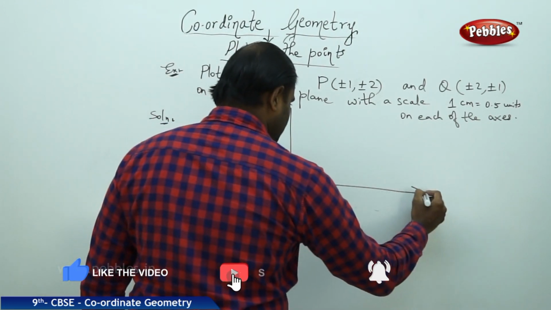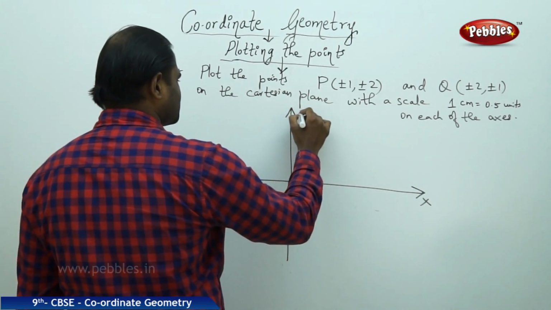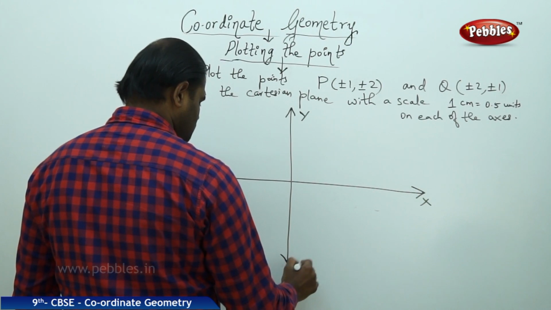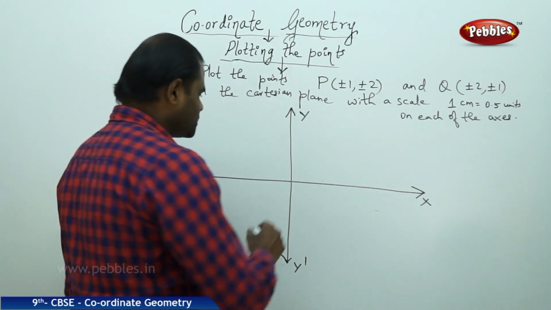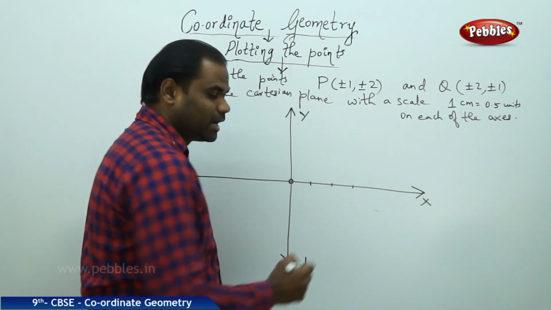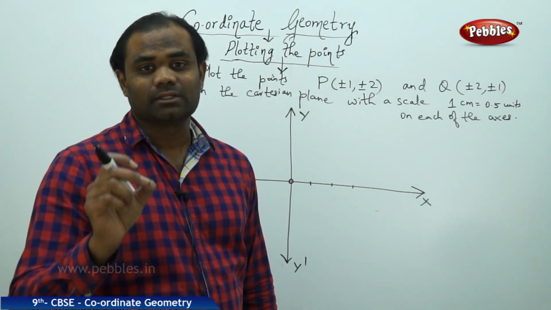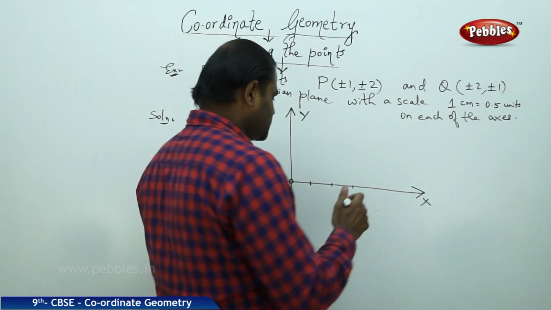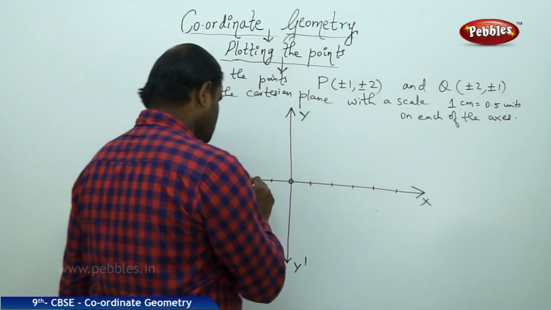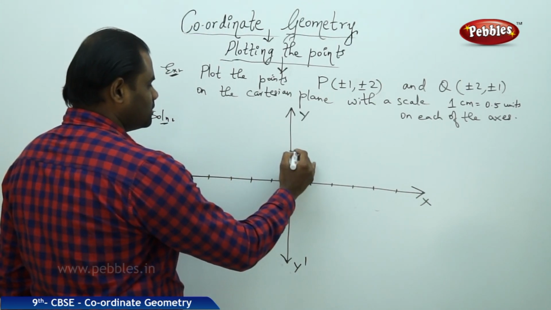Considering the Cartesian plane, x, x dash, and y, y dash, let's try to make the 1 centimeter grids. The first thing we identify in doing this type of problem is locating the grids. So I just mark the grids, each of them, and here each of them is 1 centimeter,